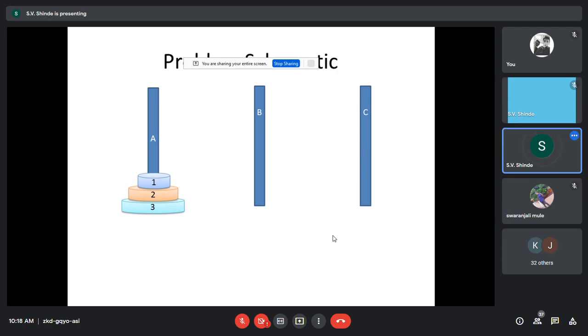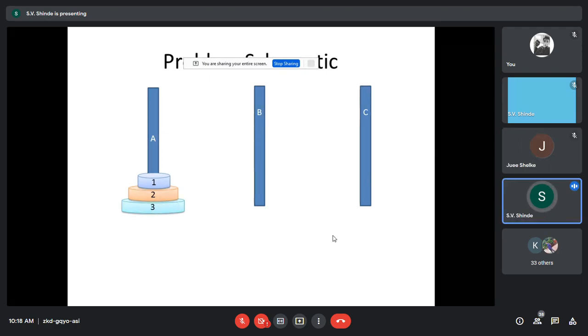Over here it is using stack. When you insert a particular disk in one of the pegs, it will follow the stack-like pattern. So to understand stack and this application, this game, we can say, is very interesting and very easy to understand. Now let us see the next move. You can see that from peg A to peg C, we can only move the topmost disk, that is 1.